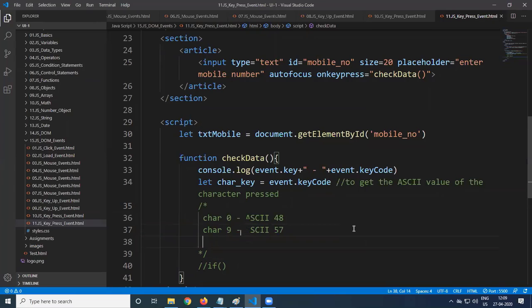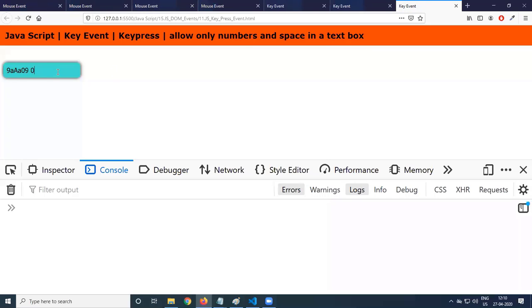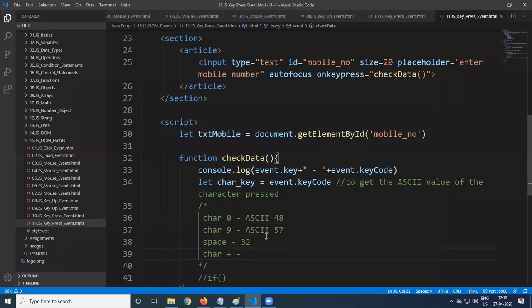Space we know is 32. And also we may have to enter plus and hyphen. So what is the ASCII value of plus? 43.